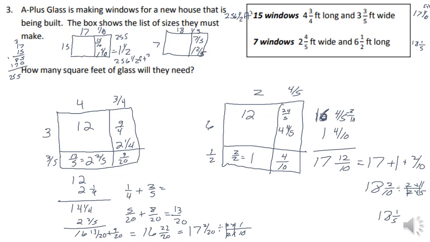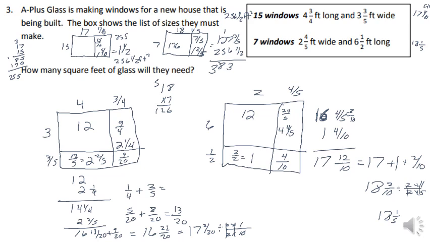Now 17 times 8, 18 times 7 is going to be 56. 7 is 12. So this is going to be 126. So this is going to equal 127 2/5. Now once the total amount, so now I've got to add both of them together, 256 1/2, which is 383, and 2/5